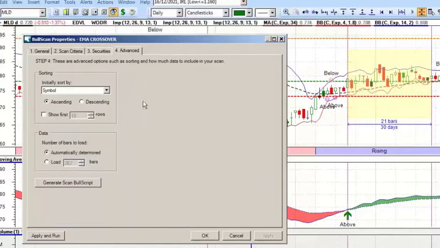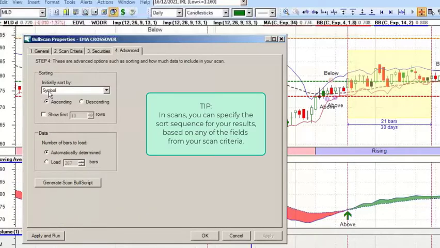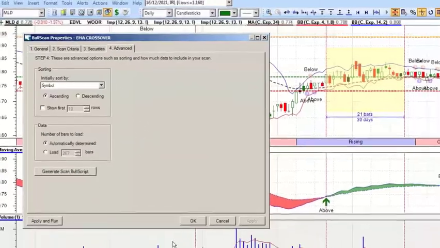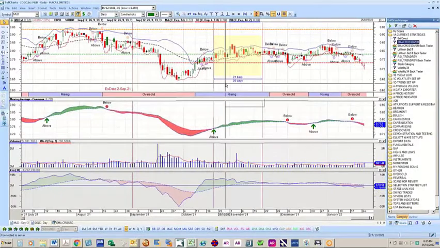Advanced, I really don't use much at all, apart from how I might want the scan to sort when I get it out, and I might change that on any given night, depending on what I'm looking for. Particularly if I get up to 5 or 6 returns, I will then look for it to report back to me on risk reward, and that's how I start determining which ones I might want to take forward into the trading desk. Very good, Col.